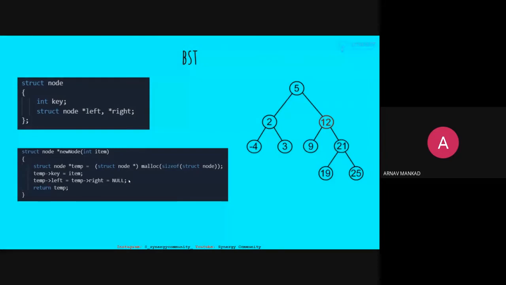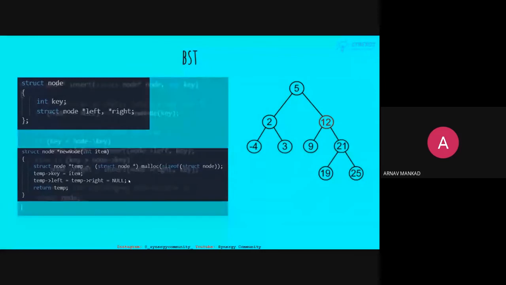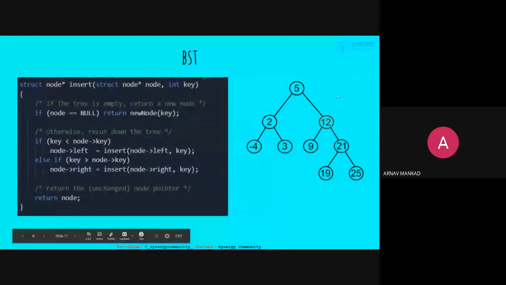Let's see how we insert a node in a binary search tree. So over here we have a binary search tree, and now we want to add a node in this. Basically, we traverse the tree in a specific way and we enter a new node. Let's say I want to enter 10 in this. So how do we enter 10? First of all, this is our root, which is 5.